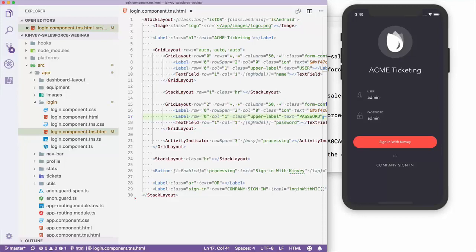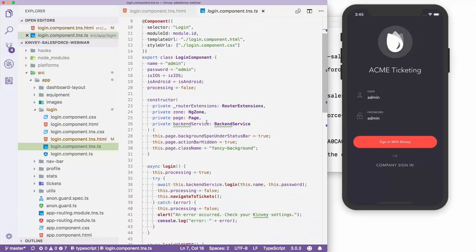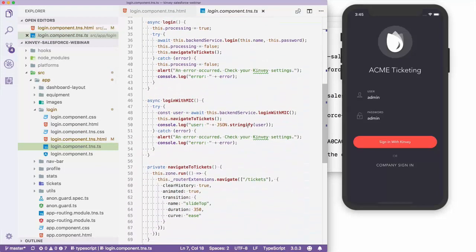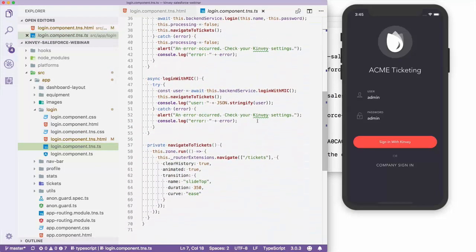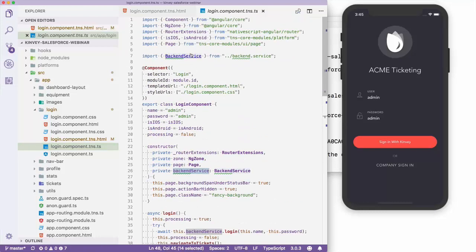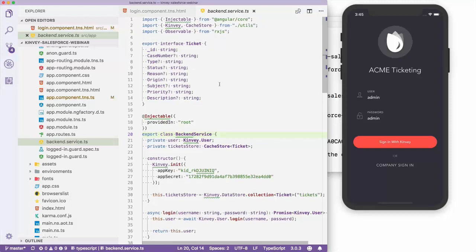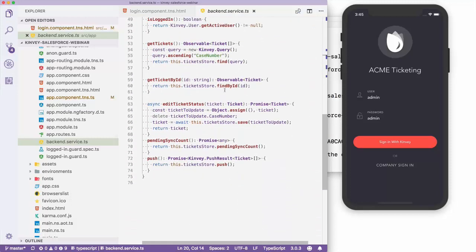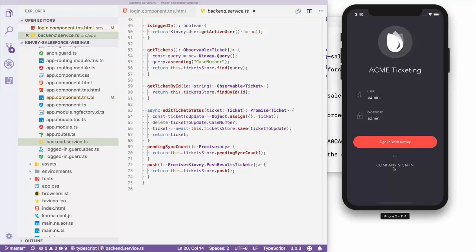What's cool about this workflow is that once you do have this UI defined, you can leverage all of the code that your web app used. For example, this was great for me. It made me look cool to my boss because I defined this mobile UI, and then when I actually went to code everything behind this, I already had the login code done. Ignacio basically did all the work for me because I'm using the exact same backend service. In fact, it is literally verbatim and shared between the web and mobile implementations,